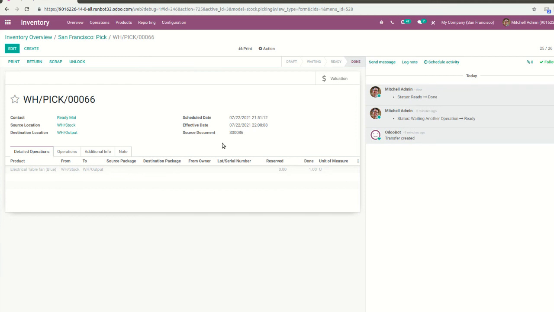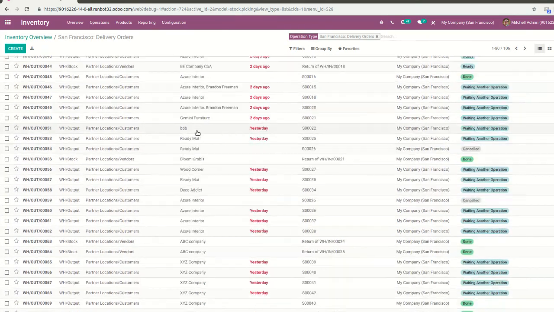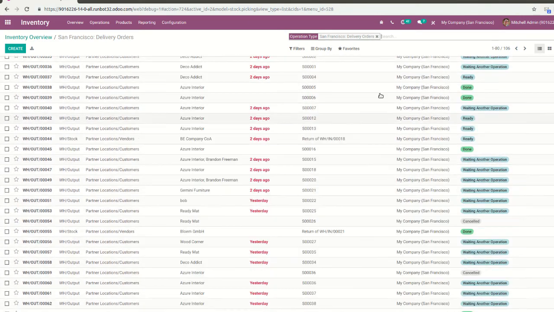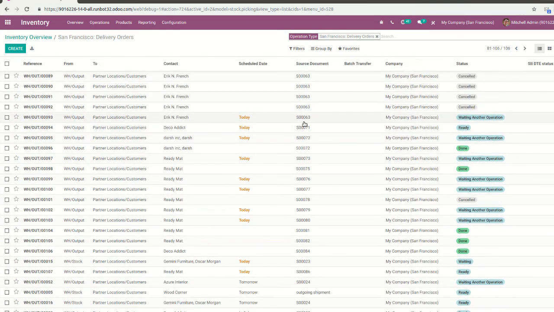So next thing is the packing to customer location. I just go to the inventory overview. You see, picking is done, and then delivery orders. We are also able to see it from manufacturing.